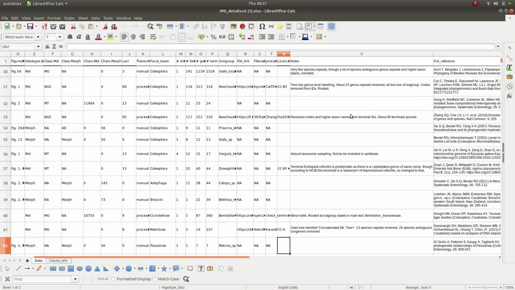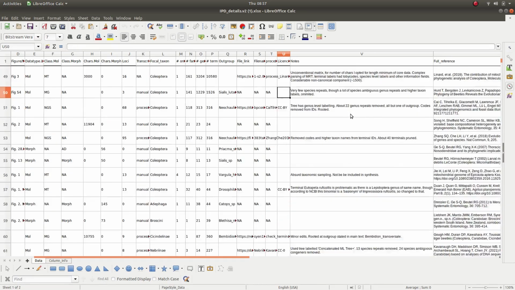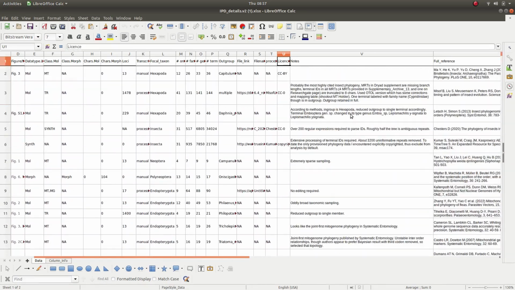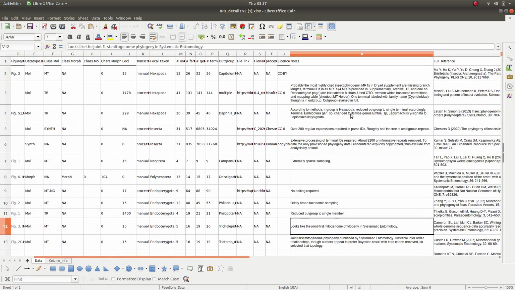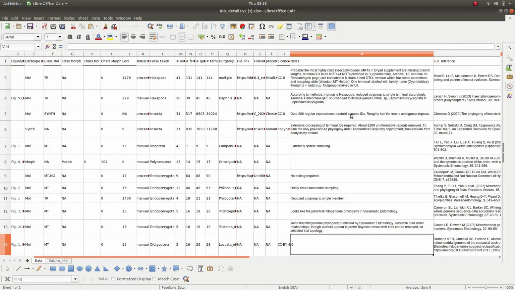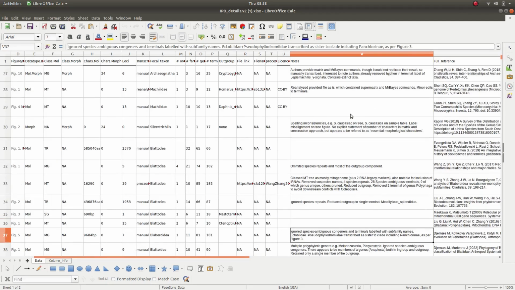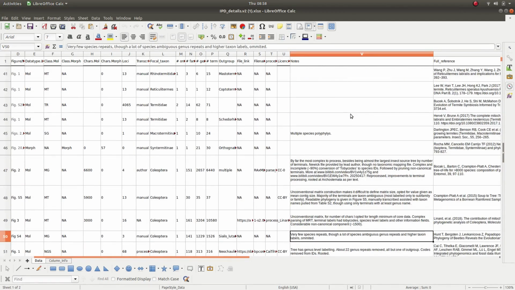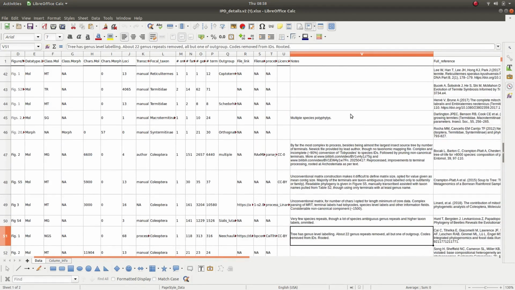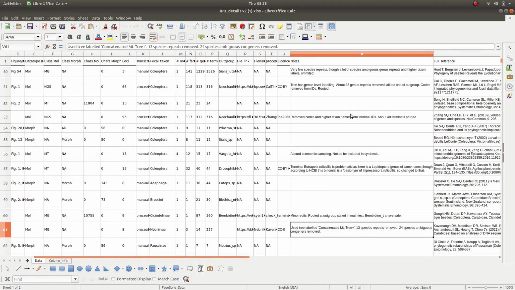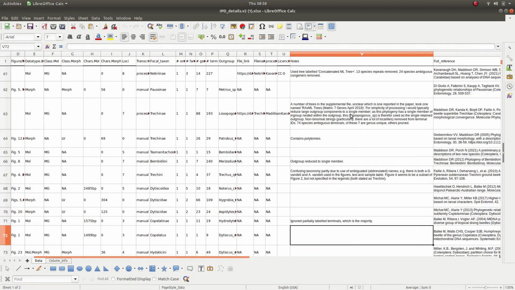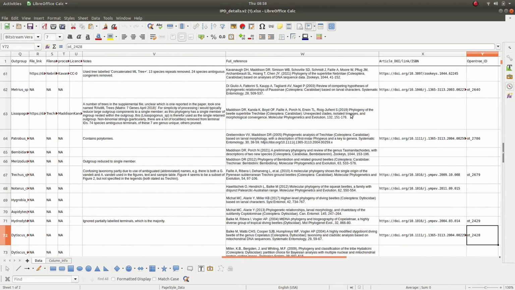So that's usually CC. We have a bunch of notes. Each of these has been created individually, so a bunch of notes on various characteristics of the processing of each, or anything unusual about each. Full reference, and another new column is